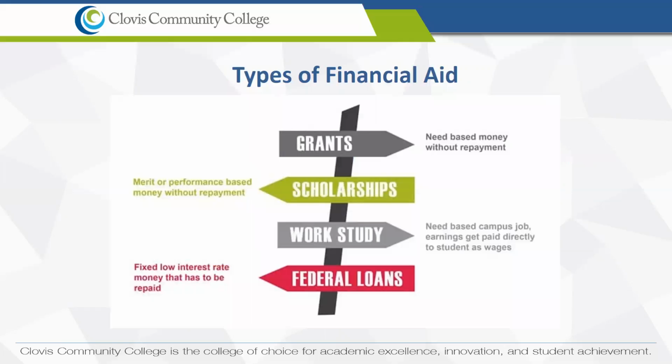There are many different types of financial aid that come from a variety of sources. These different types are offered at most colleges nationwide. On the next slide, I will discuss the awards offered at Clovis Community College. First, there are grants and scholarships, which are types of financial aid that are free, meaning that you usually don't have to pay back. Keep in mind there are some grants you may have to repay if you do not